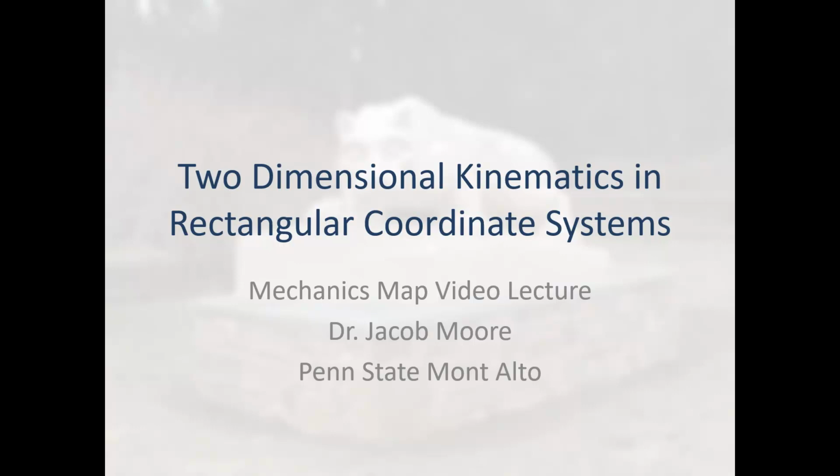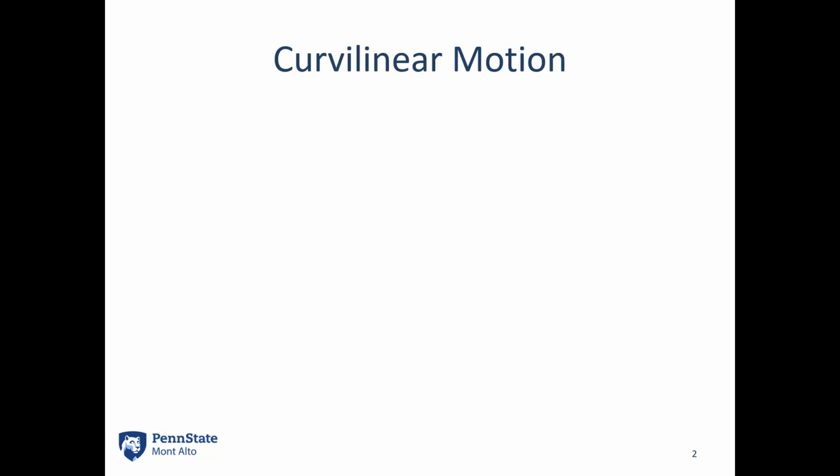Hello, for today's video lecture we're going to be talking about two-dimensional kinematics, specifically in the rectangular coordinate system. So with this, we're talking about curvilinear motion. Curvilinear motion is any motion that follows a curved path. And if it's following a curved path rather than a straight line, we cannot approximate this as a one-dimensional problem